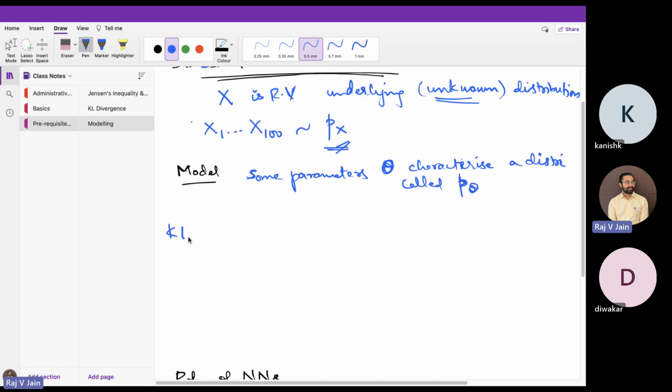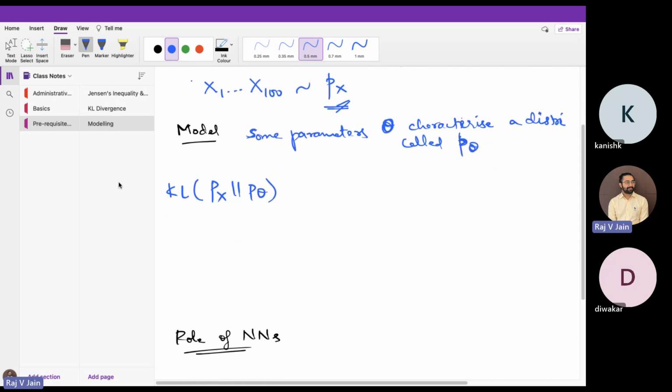That is the KL divergence of Px and P theta, right? What would this mean? Let's look at some implications of this particular thing. So KL of Px given P theta. Let's just expand that. I will take the expectation over Px,